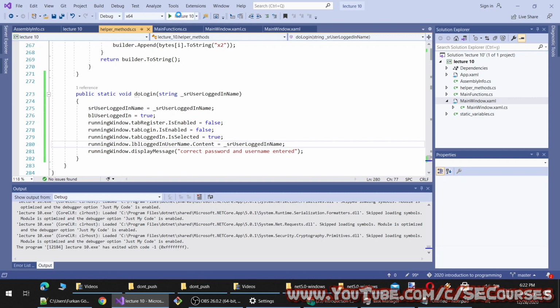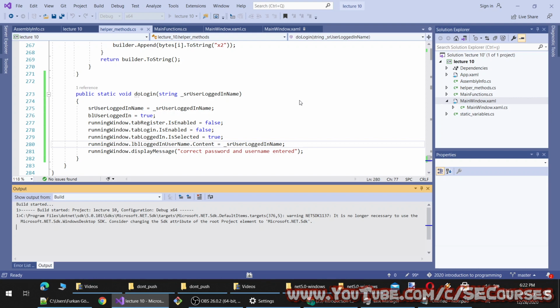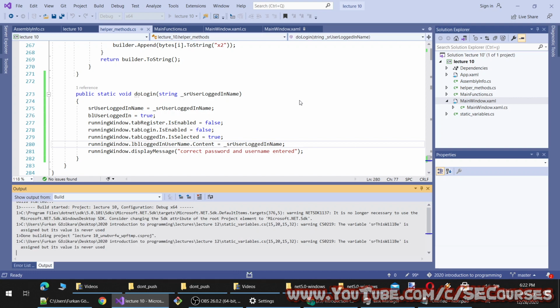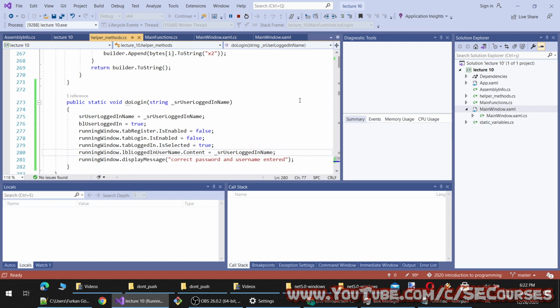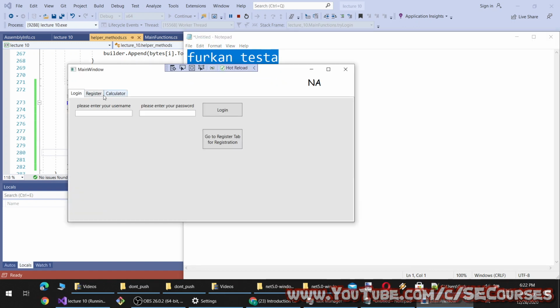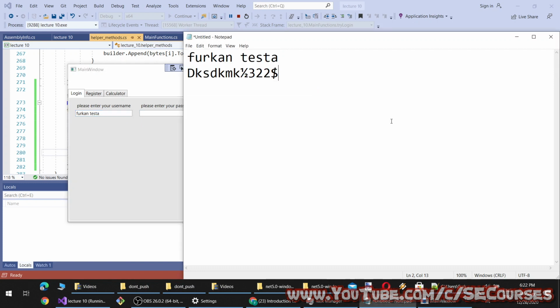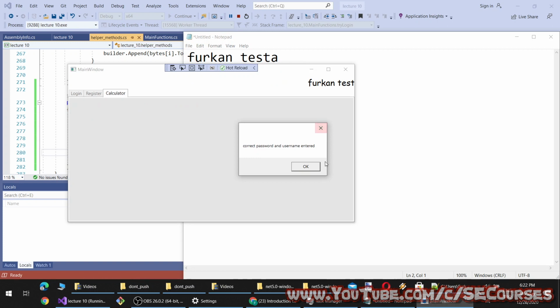Okay, so let's try how it works and how it looks. Let's use an account. Okay, you see now it is being displayed like this. The design is totally up to you.